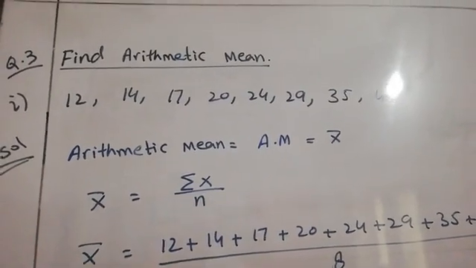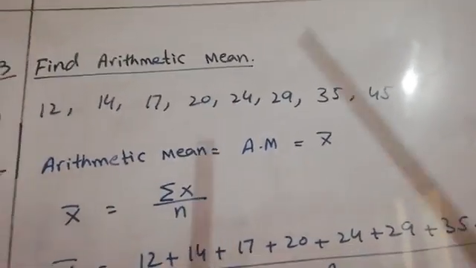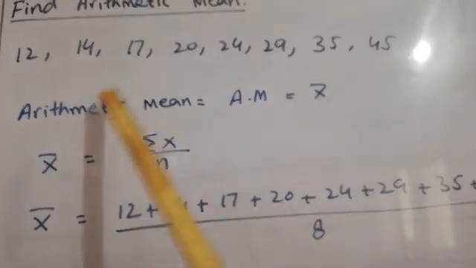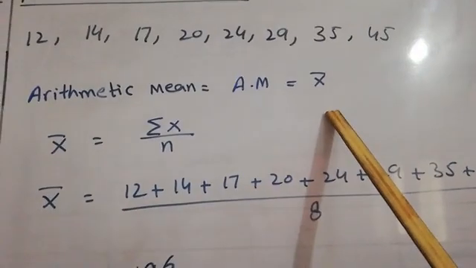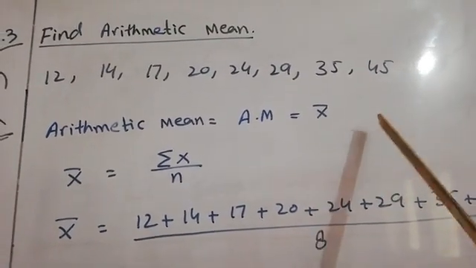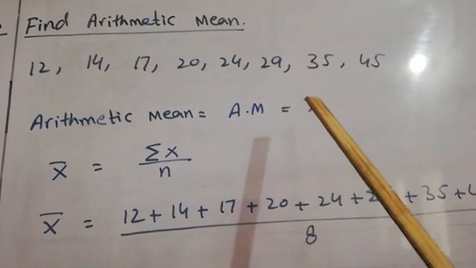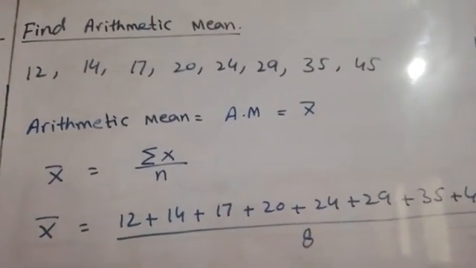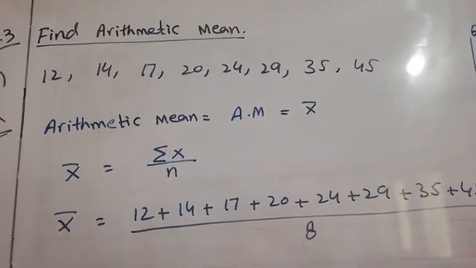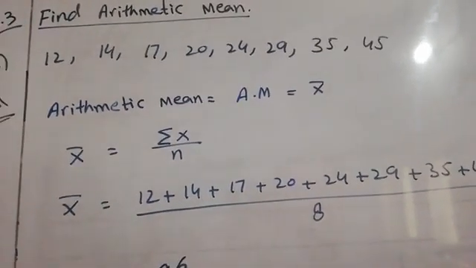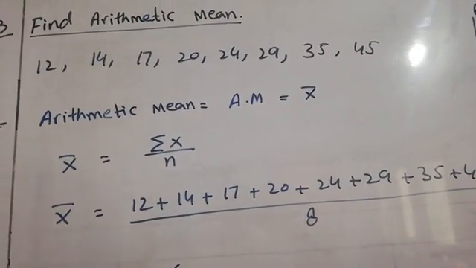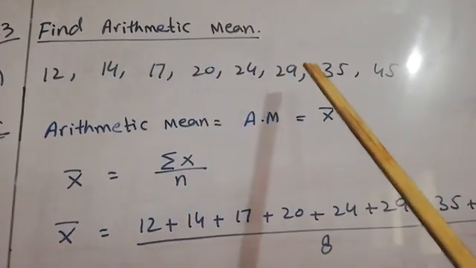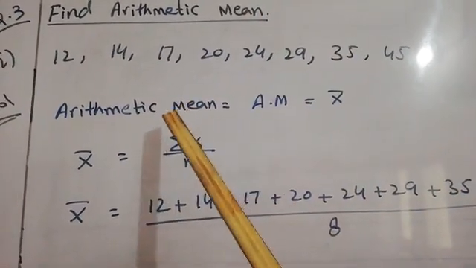Arithmetic mean has different methods. First one is known as arithmetic mean, AM or X bar also. It can be found by the direct or indirect method, but there are 2 indirect methods, the shortcut method and the coding method. But in your syllabus only the direct method is included, so we will focus on this. And there is another method, known as the weighted mean, which we will discuss in our question number 11. After the introduction of the topic, now we will start our first question.